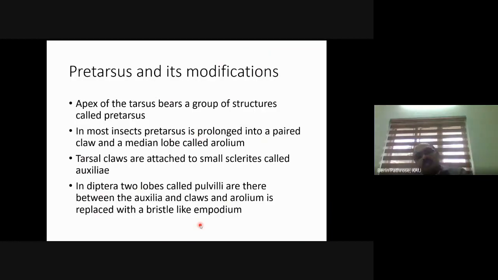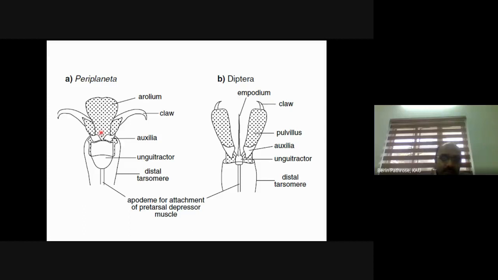Coming to the last part of this class, that is the last segment, the pretarsus and its modification. I told you the insect leg has 6 segments: coxa, trochanter, femur, tibia, tarsus, and the pretarsus. That is the distal segment of the insect leg. See this picture. This is the last tarsal segment, and at the tip of the tarsal segment we have the pretarsus, which consists of 2 claws. You can see the claws, and between these 2 claws